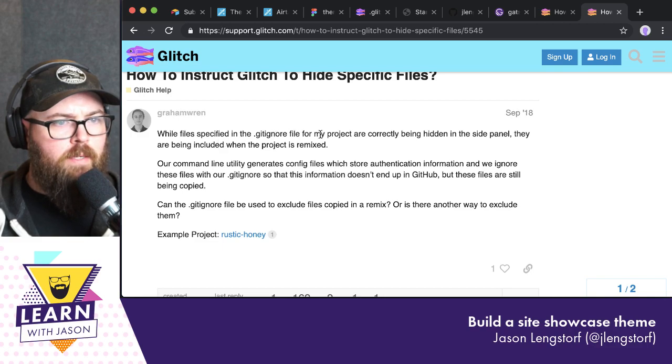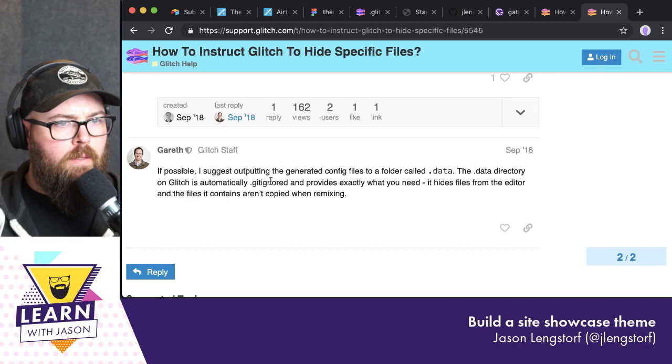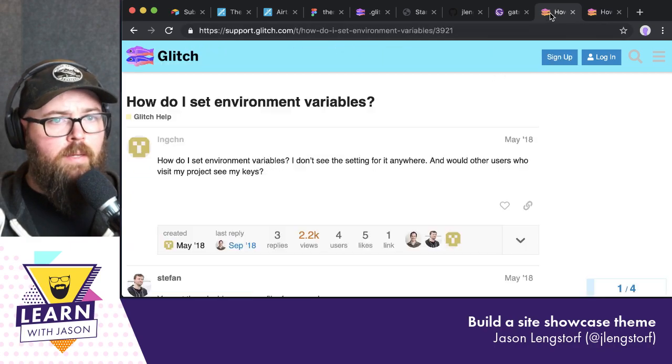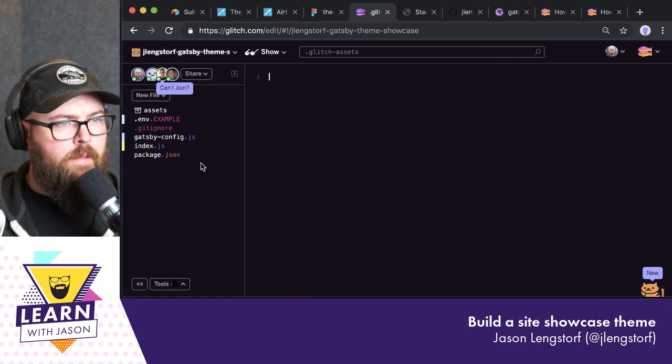Files specified in the .gitignore are correctly being hidden. They're being included when the project is remixed. Generated config files go to a folder called .data. I don't know what that means. Okay. Let's try refreshing the page. Oh, interesting. Okay, so it's now hiding the